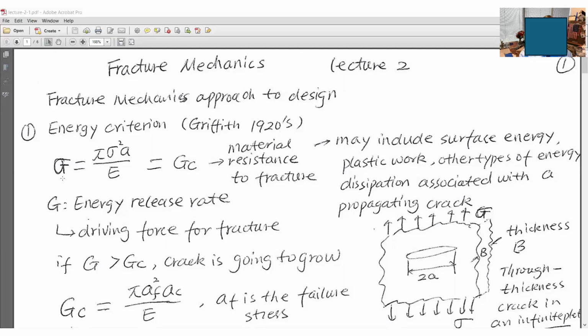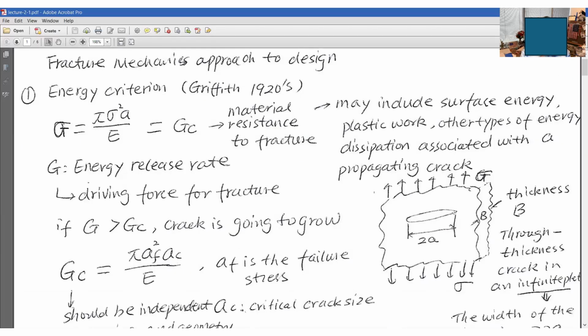This is the G, okay? And G equals, look at this one. For an infinite plate with a through-thickness crack, we will not call it a hole, but a very, very sharp crack. Suppose we have the remote stress sigma, and we also know the crack